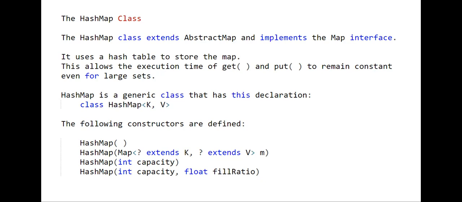So the default capacity is 16 and the default fill ratio is 75%, which means it will wait till the HashMap gets filled to the 75% level. If it crosses 75%, then additional memory will be allocated. The HashMap does not guarantee the order of its elements. Therefore, the order in which the elements are added into the HashMap will not be the same as the order in which we read them from an iterator.